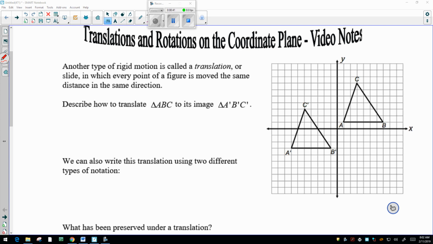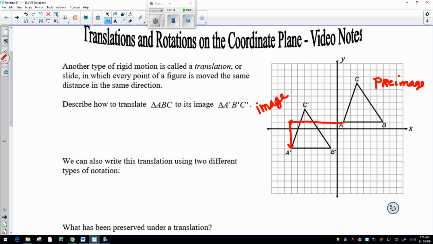So if we take a look, triangle ABC has been translated to its image, A prime, B prime, C prime. So remember, we had called this the pre-image. And the final would be considered the image. And we're trying to figure out how we would translate from triangle ABC, the pre-image, to the image. So we are going to take a look, since I'm moving everything in the same direction. We want to count how far over have I moved this point and how far down have I moved this